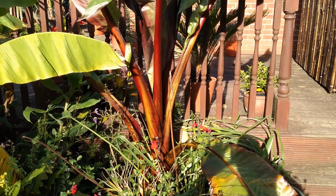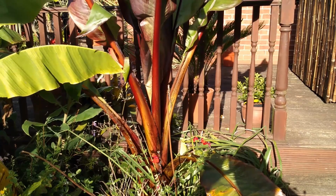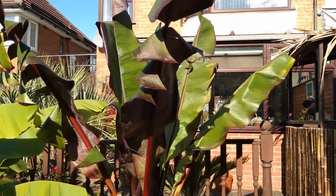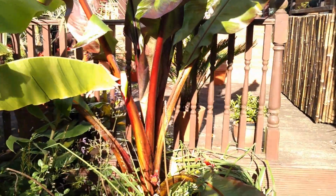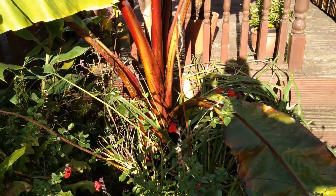So now I've moved in all of my pots, it's time to start moving in stuff that's planted out in the ground. So these huge ensetes, like this Ensete Montbelliardii, is really impressive now. It's about 9 feet tall, about 2.7 metres, but I really need to get this in now because they don't